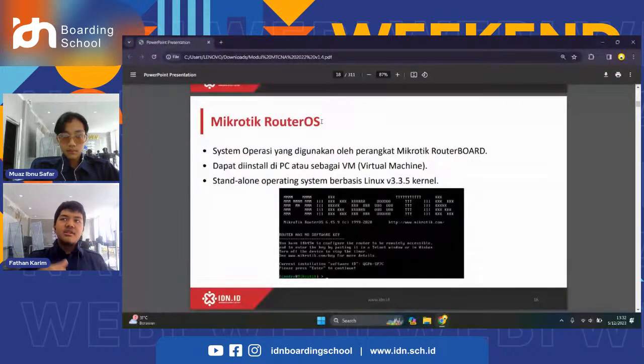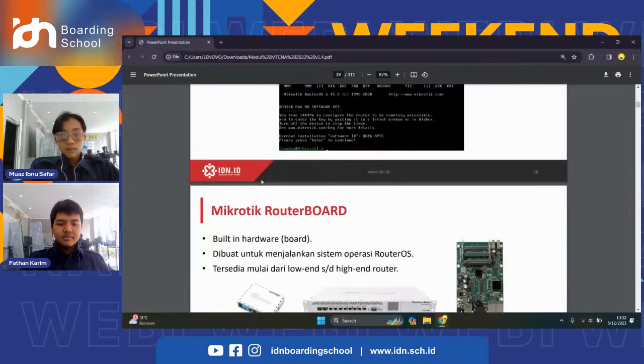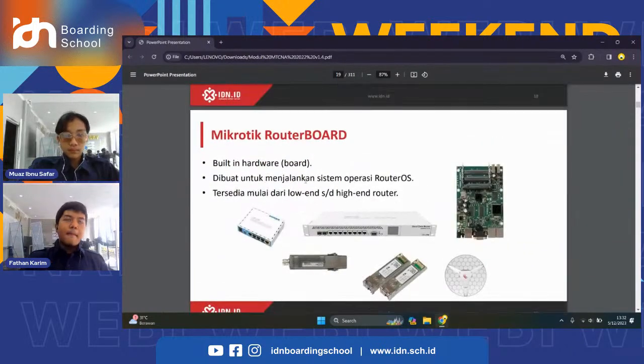It can be installed on the router hardware that MikroTik releases, used as a virtual machine, or installed physically on a PC or server. RouterOS is a standalone operating system based on the Linux kernel. RouterOS is also applied on RouterBoard hardware, which is functionally for networking.